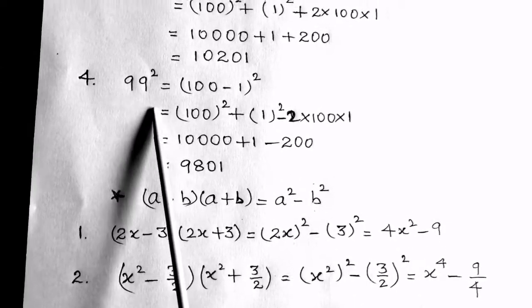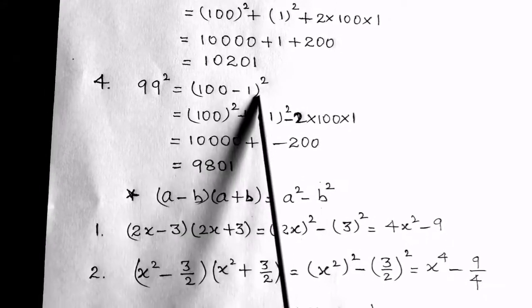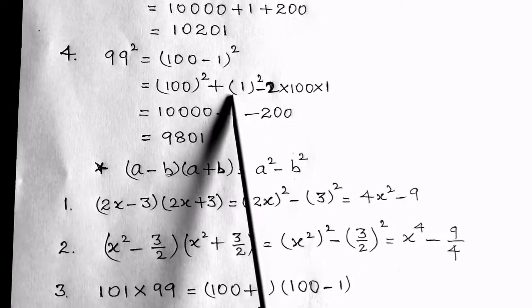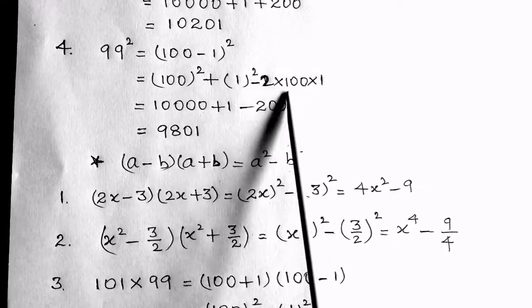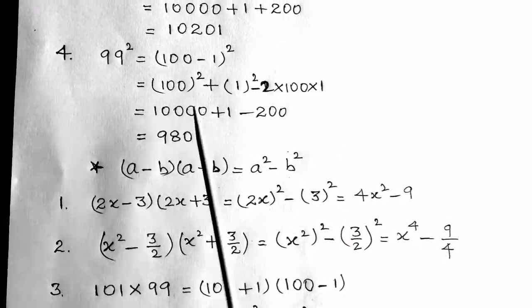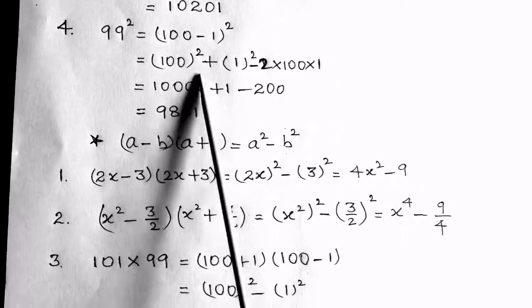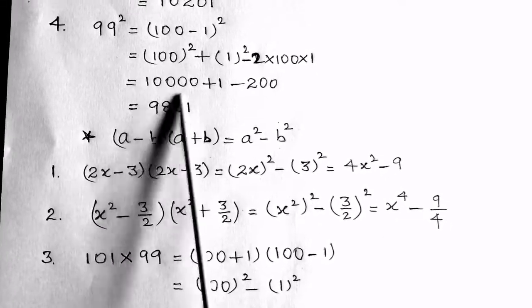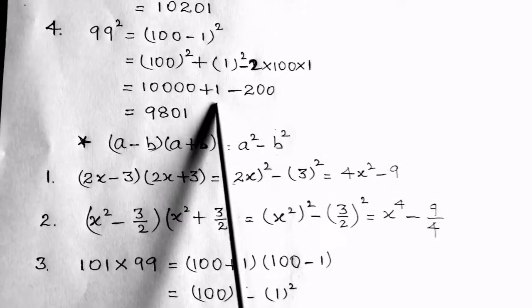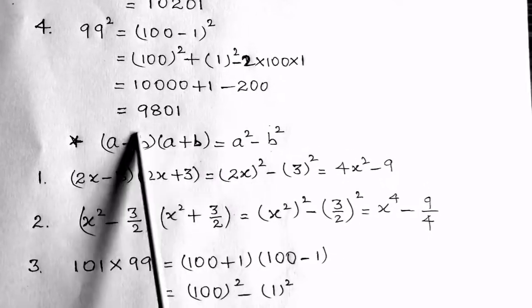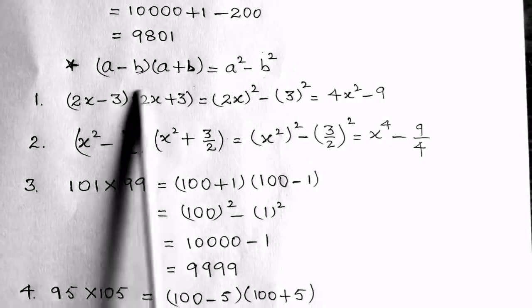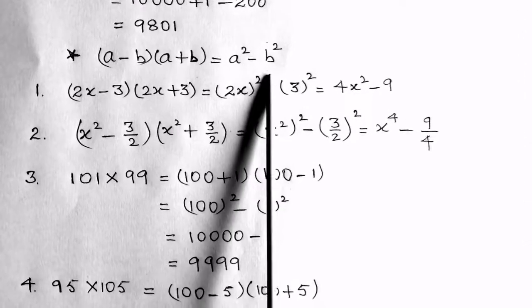Similarly, if we have square of 99, 99 can be written as 100 − 1. So I write square of 99 as (100 − 1) whole square. Now use the formula square of first plus square of second minus 2 multiplied by first multiplied by second. Right? I hope you are understanding, because you have done this in your previous class, 8th class also. So square of 100 becomes 10,000 plus square of 1 is 1 minus 200. So on simplification you get 9,801.